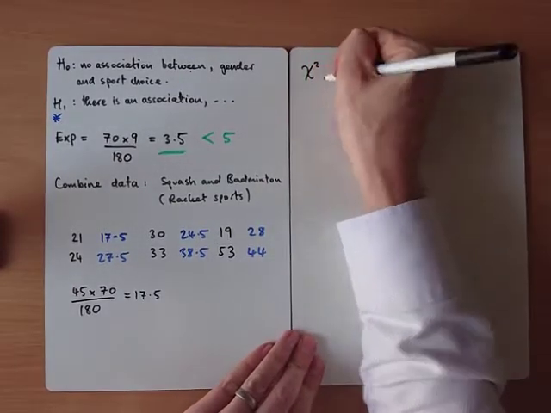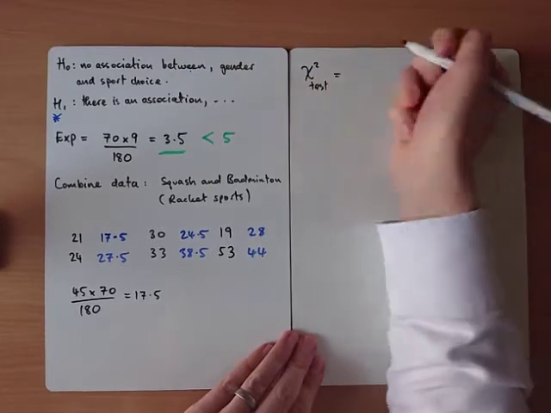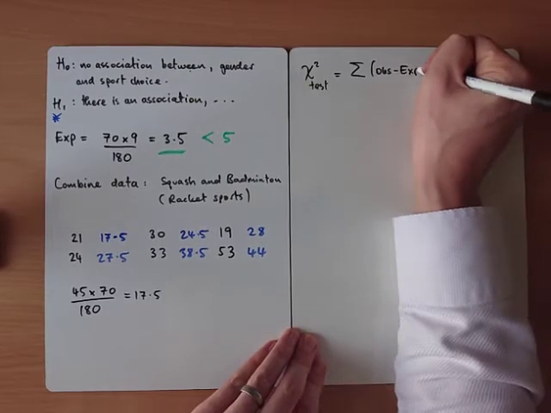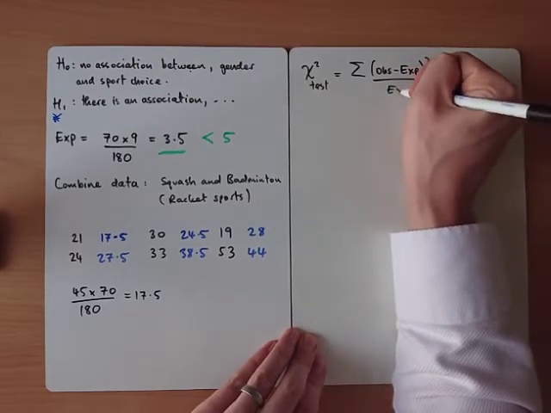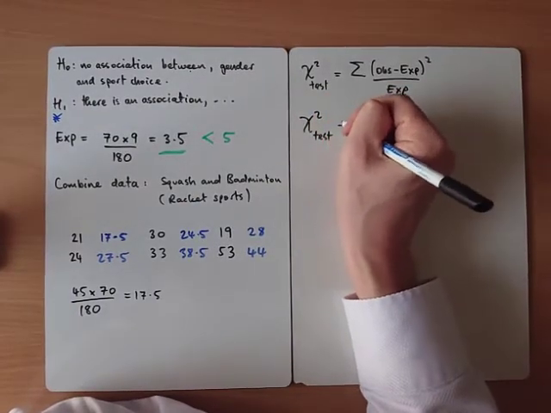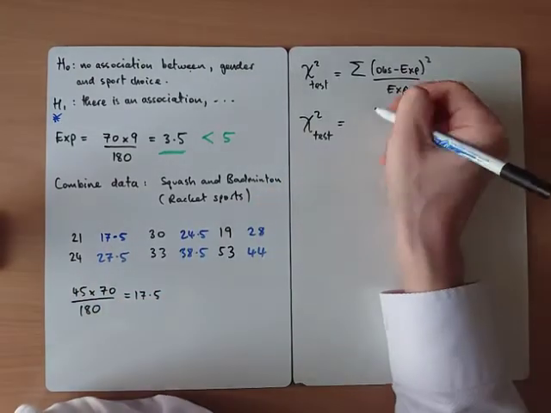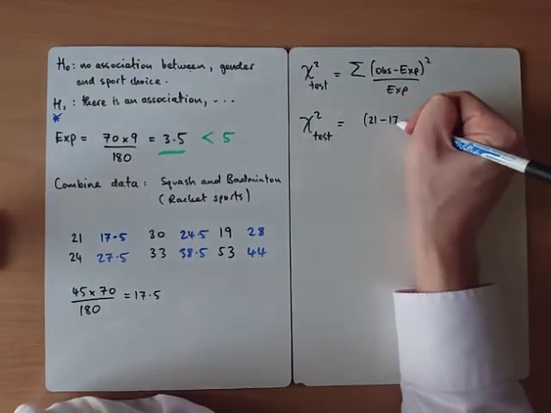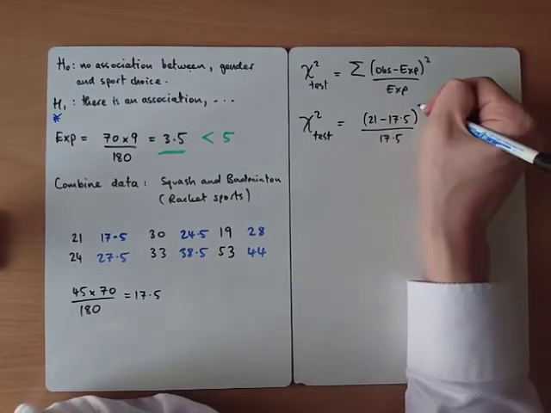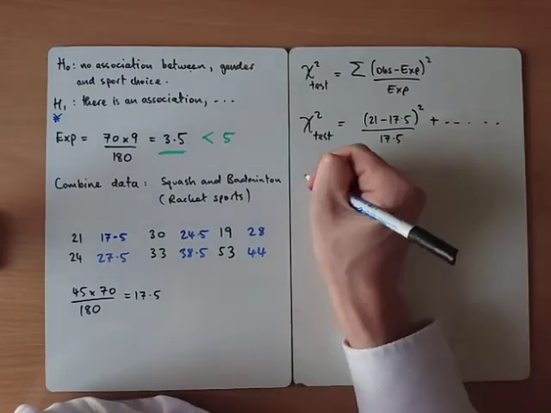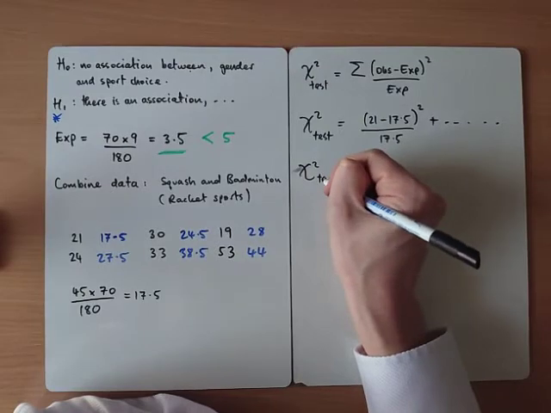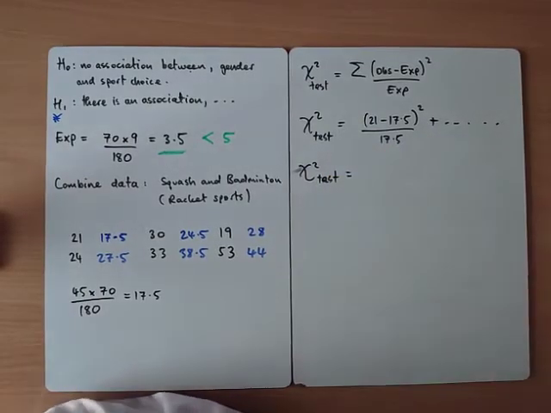So my chi-squared test is the sum of observed minus expected, squared, divided by expected. You don't need to write that out each time, but you do need to show some method. Okay, so for this first one, observed minus expected divided by expected, squared, plus dot dot dot. So my chi-squared test would equal